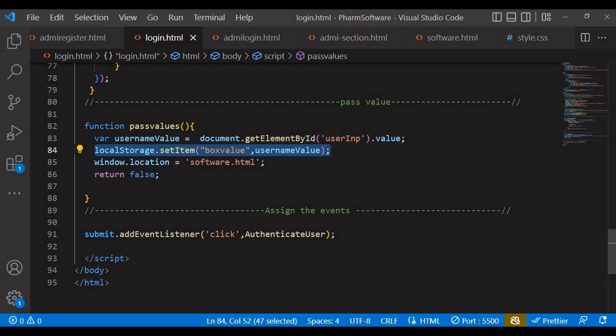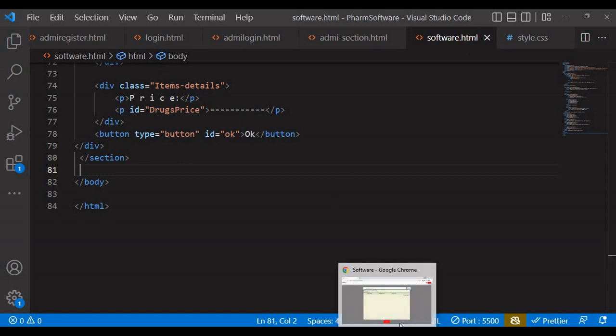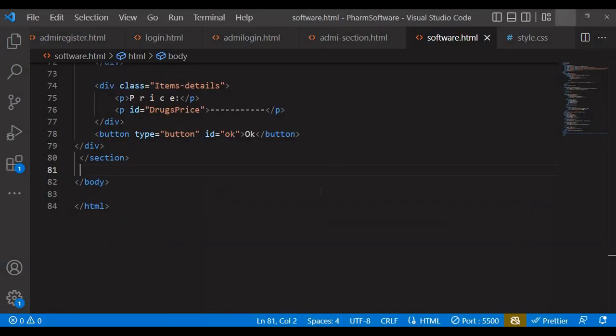So it will insert that username inside the boss value, and now we are going to grab that username and display it where we are going to display it here. So that is what we are going to do now. So to do that, what are we going to do? It's very simple. We are going to use document